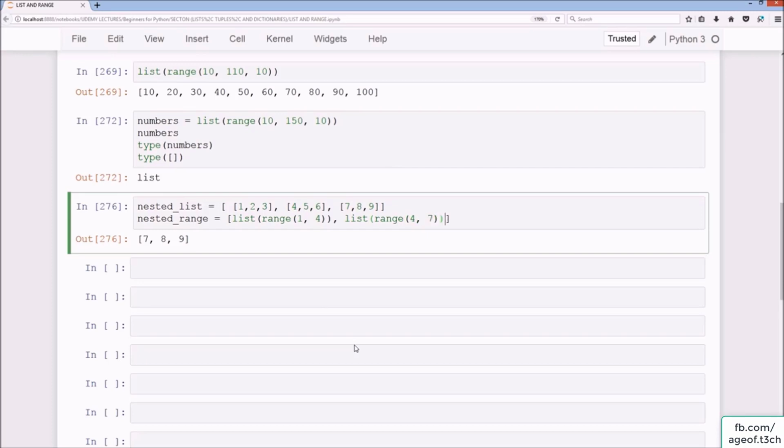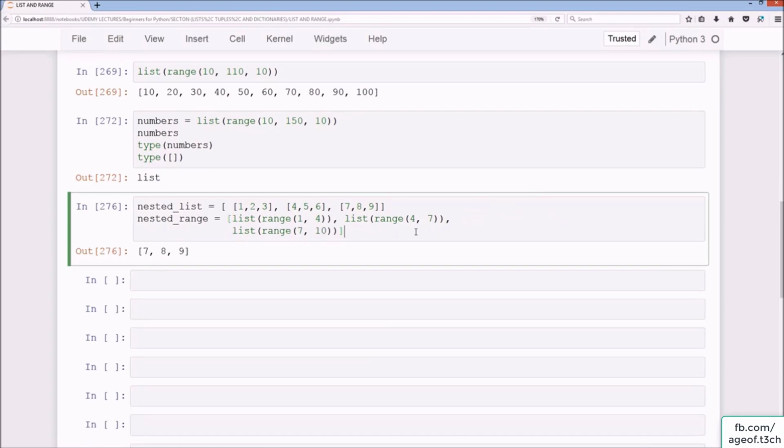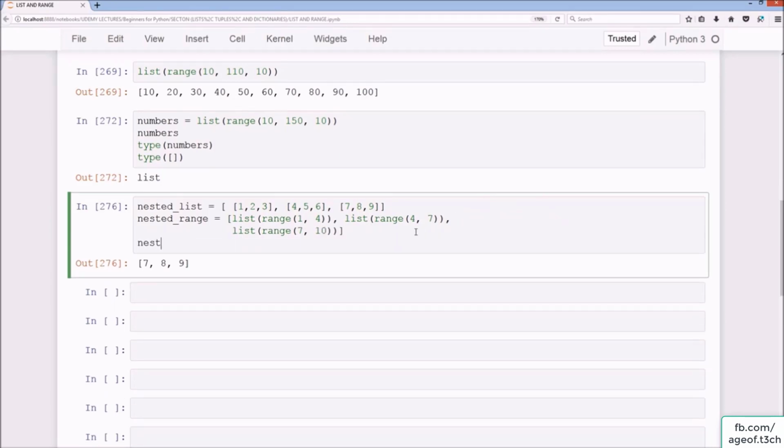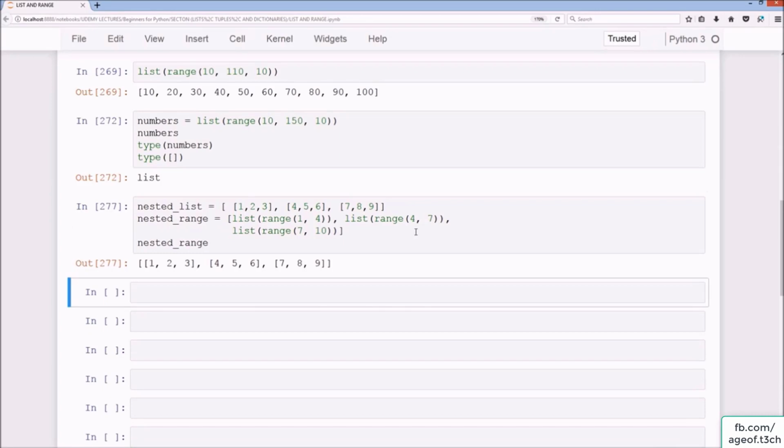4, 7, list range 7, 10, and we'll just put that down to save some space there. And then nested range. As you can see, we have the exact same output as we had with our previous example of nested list. Okay, and we could also just change this